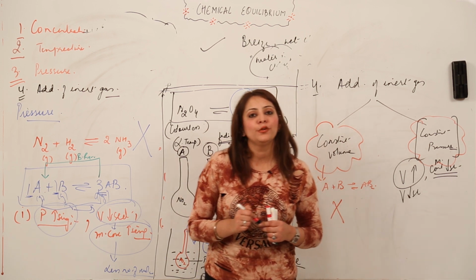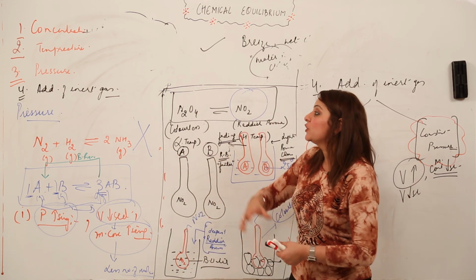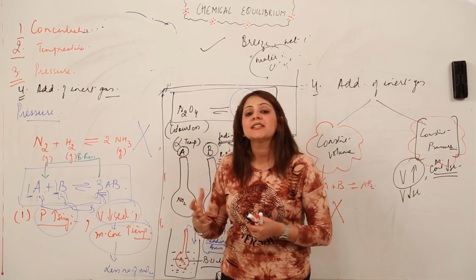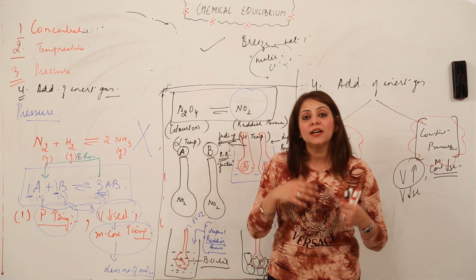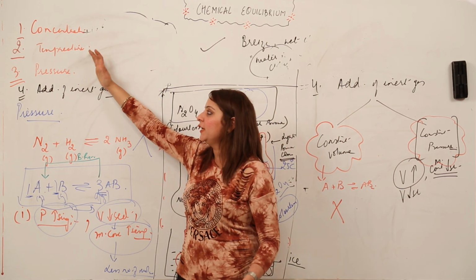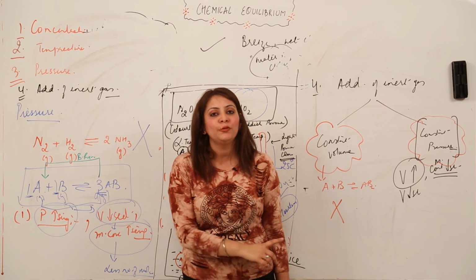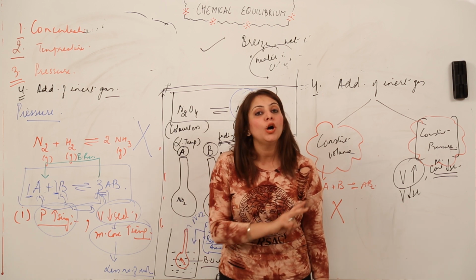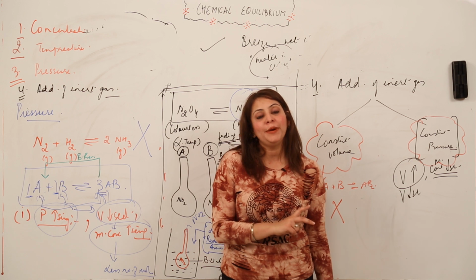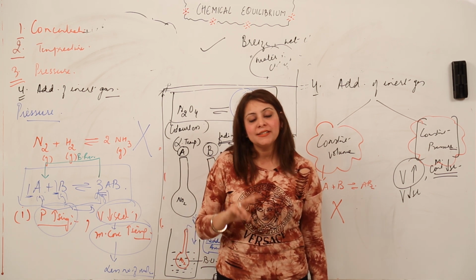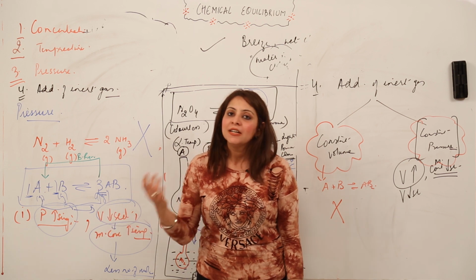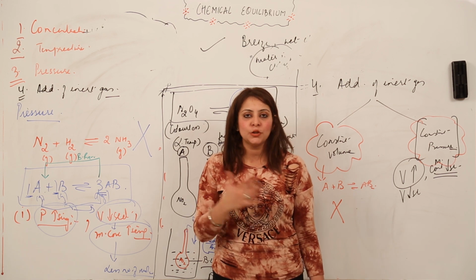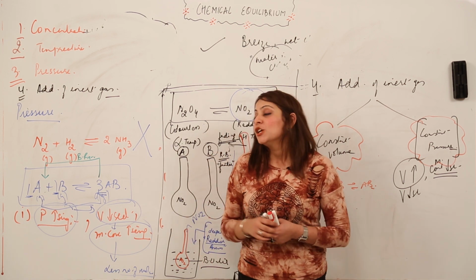So this is how I have told you how chemical equilibrium is affected by the factors, and how Le Chatelier's principle explains how the stress can be reduced. The stress may be in the form of concentration, temperature, pressure, or addition of inert gas. Don't forget that we can add inert gas under two conditions: constant volume and constant pressure. Constant volume is not going to affect the equilibrium in any case, but at constant pressure the volume may increase or decrease, and accordingly it is going to affect the side of the reaction, whether forward or backward. So this is how you are going to attempt